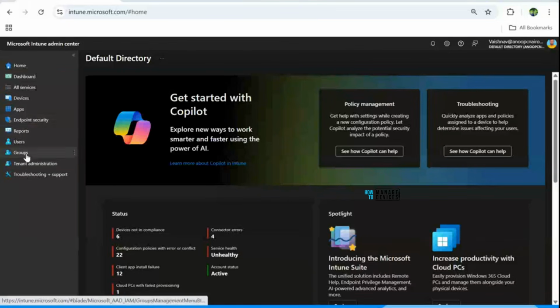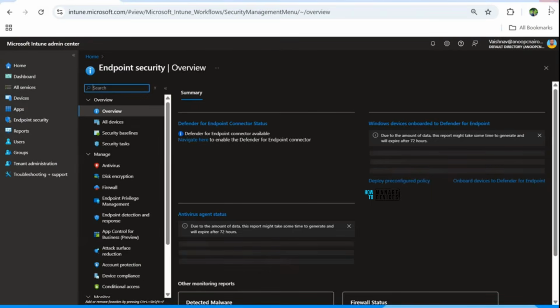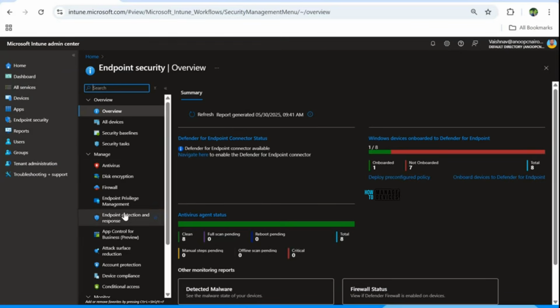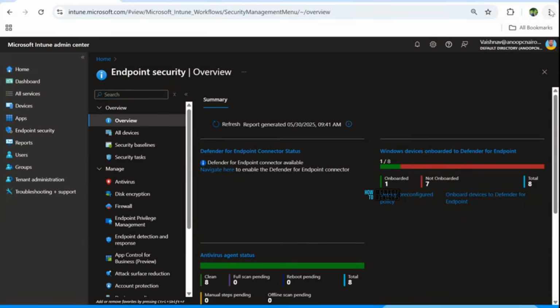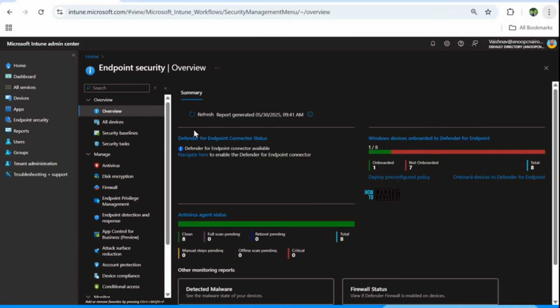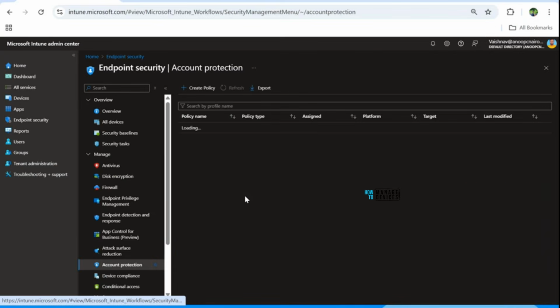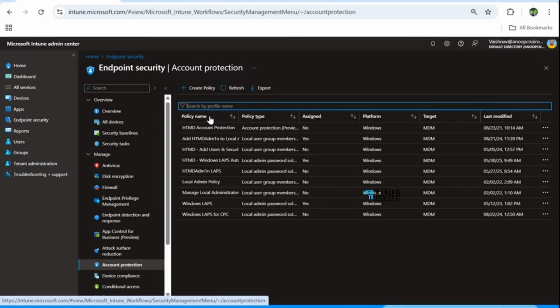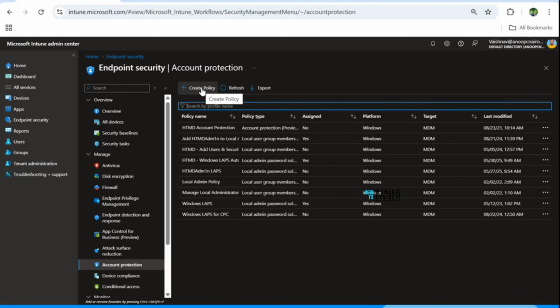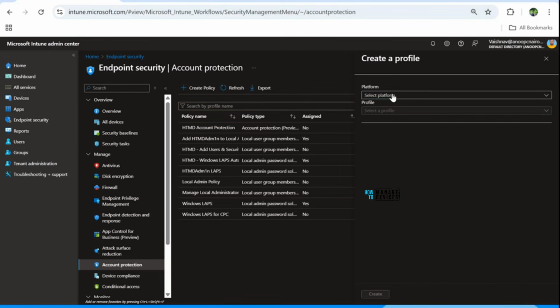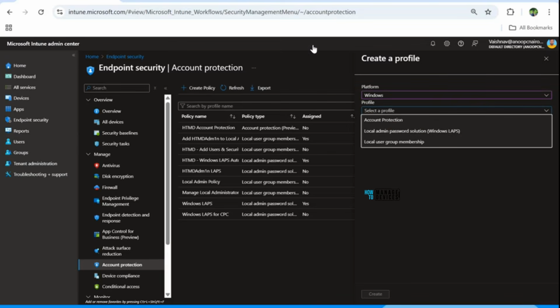So to configure the LAPS policy, most folks are already aware, we have to go to the Intune Admin Center and navigate to endpoint security. Under endpoint security, account protection, we have an option to create the LAPS policy. I'll click on create policy, the platform is Windows, and the profile is local admin password solution